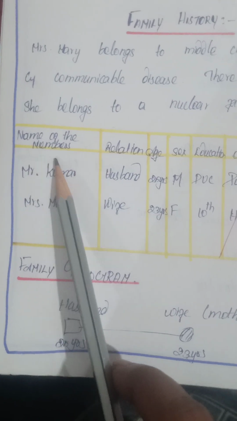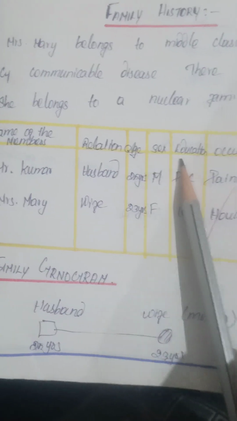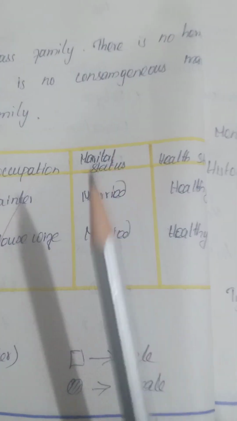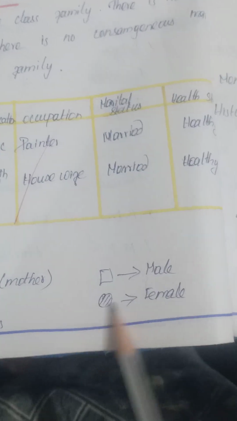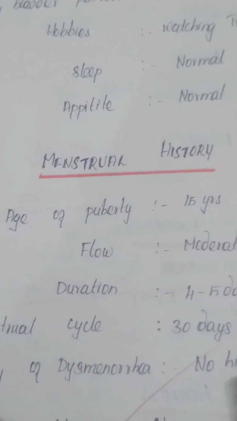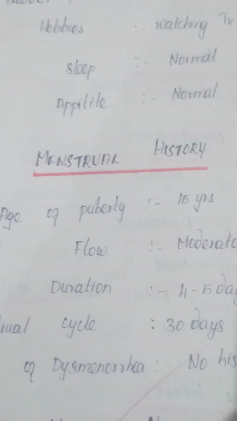name of the members, relation, age, sex, then education, occupation, then marital status, health status, then family genogram, husband, wife, here male like this, then female like this. Okay. Then personal history, food habit, mixed, non-veg, veg. Okay. Bowel and bladder pattern, increased frequency of micturition, hobbies watching TV and reading novels, sleep normal, appetite normal, then